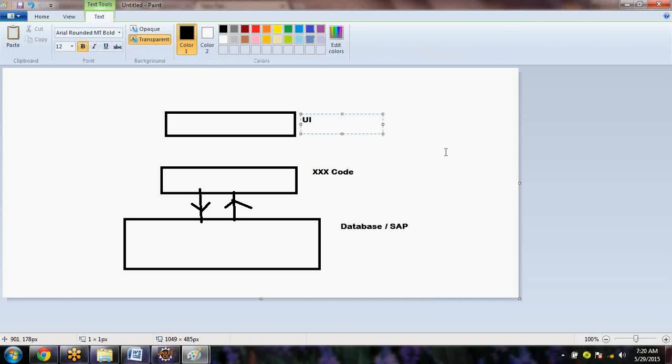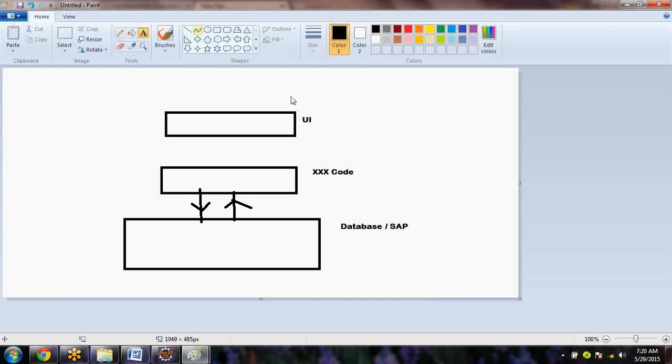Now you are going to hit this service. What is the service, or what is the name of the program? XXX code. Once you hit it, it will go and talk to the database, get the data, and return the data in many ways. Assume that this program is returning the data in the form of JSON.